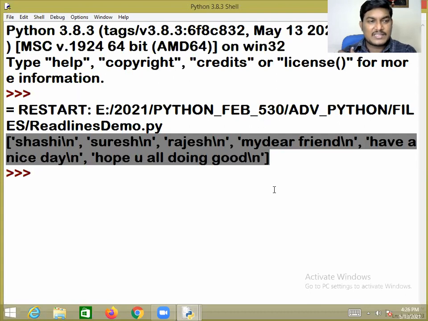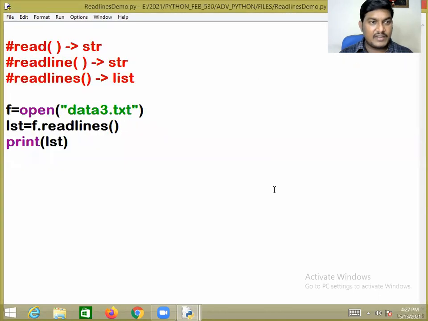Sir, I want to fetch one by one item from the list and display it on the screen. Okay, dear friend, let me close this screen. I want to read line by line, so: for i in lst. You know that a list is iterable, so we can loop through it. Internally it fetches one by one item from the list so that I can print it on the screen.